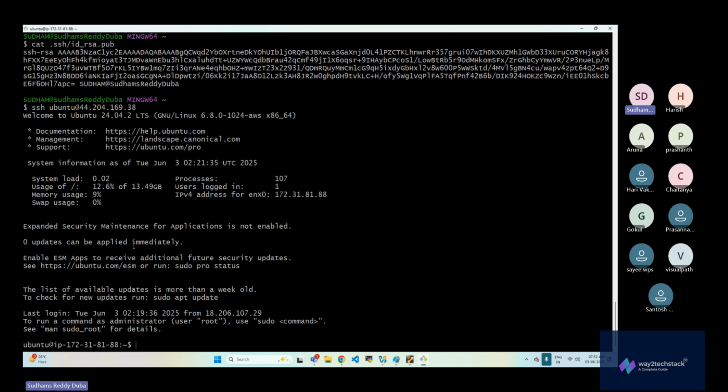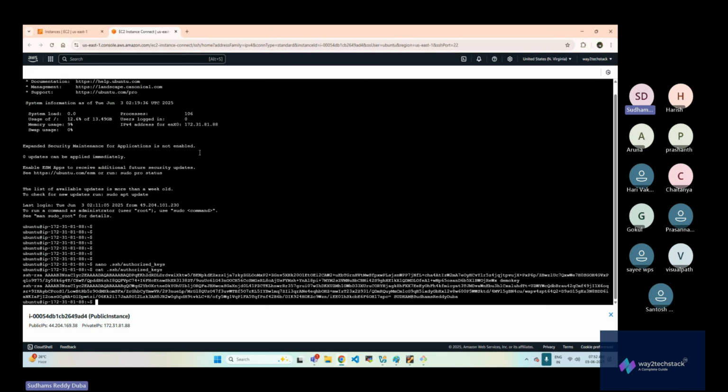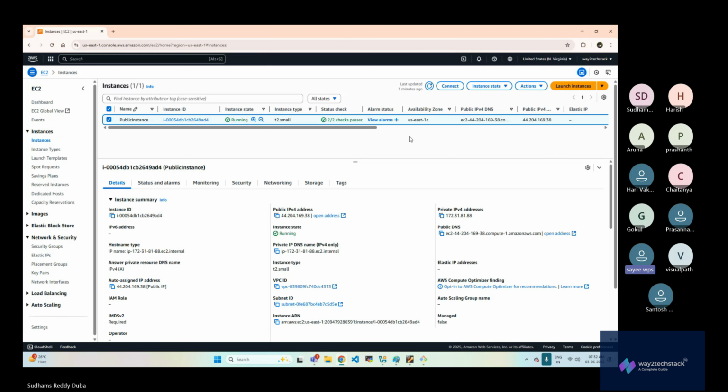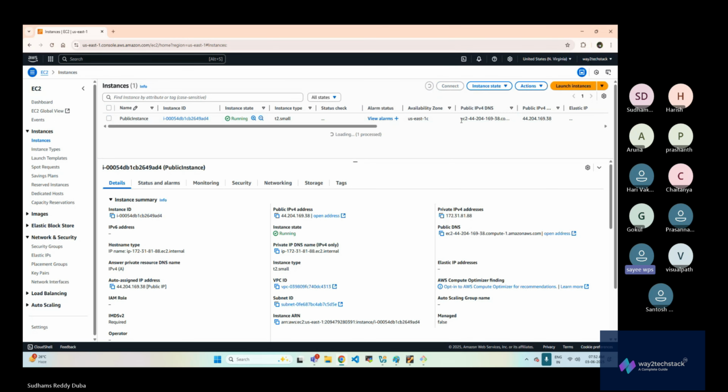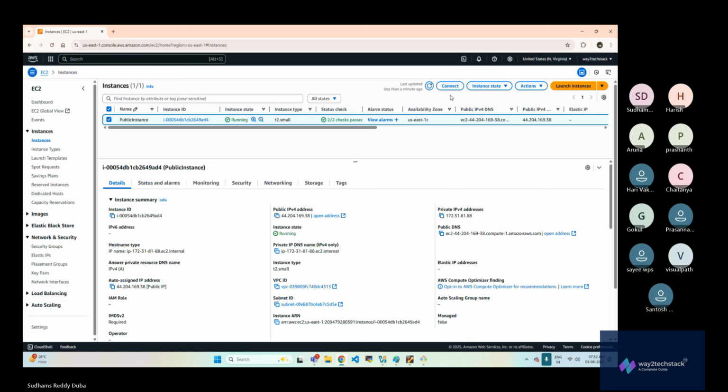Okay. So any questions until this particular session? The task what we have done. Any confusion part in this? So basically, you're trying to connect to the console, right? Yes. This is called the browser-based console. But the problem with this option is you have to first log in to the AWS management console. Then you have to go to the EC2 instance page, select the instance, and then you have to connect. If you don't have permissions, you can't even use this option. If all these conditions are met,